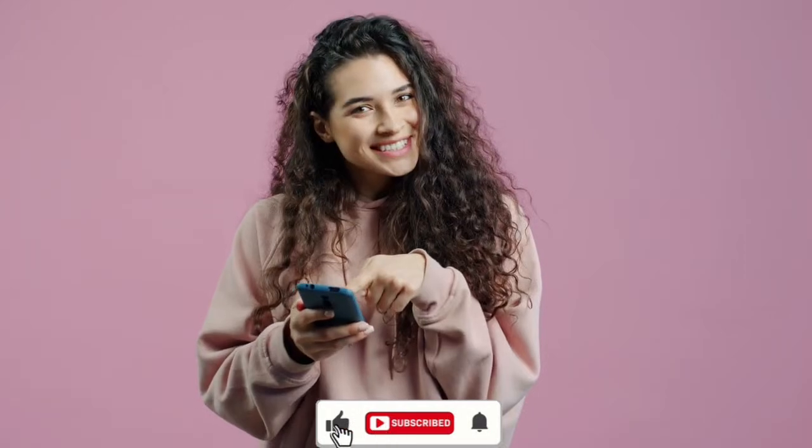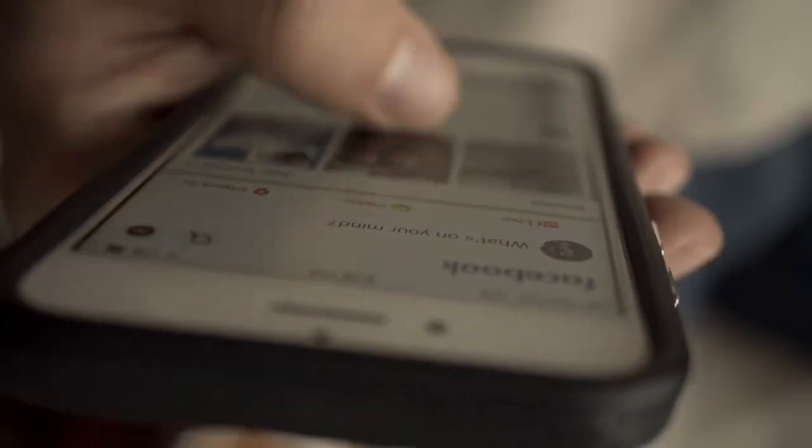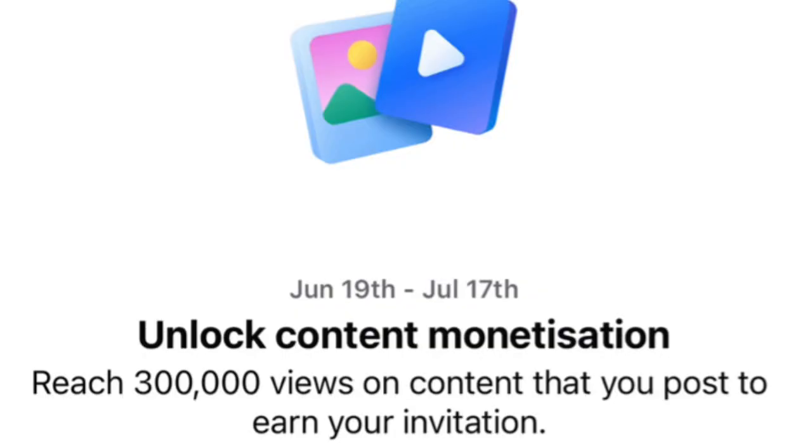So guys, the one you were all waiting for so impatiently has finally arrived. And finally, Facebook has made content monetization tools criteria-based. Now everyone will get content monetization tools. You just have to complete a few criteria, and the criteria isn't hard at all. Brother, it's a normal criteria, just this. In the criteria, you have to do one setting, and after that complete this criteria, and you'll get content monetization